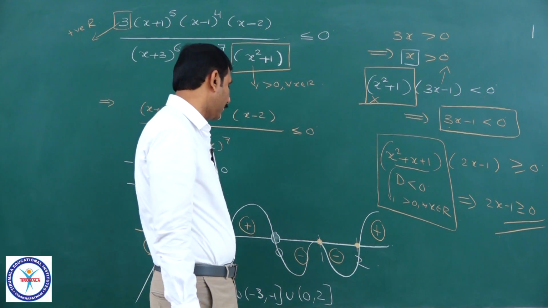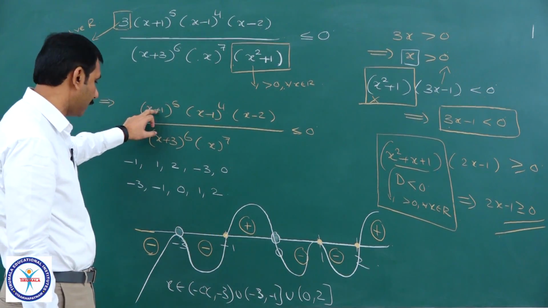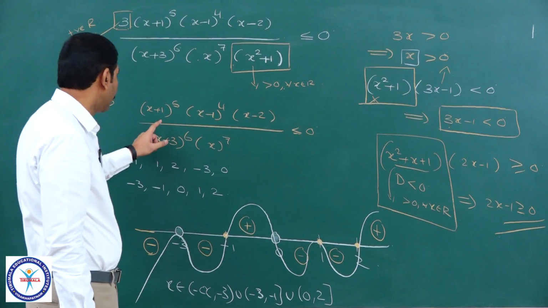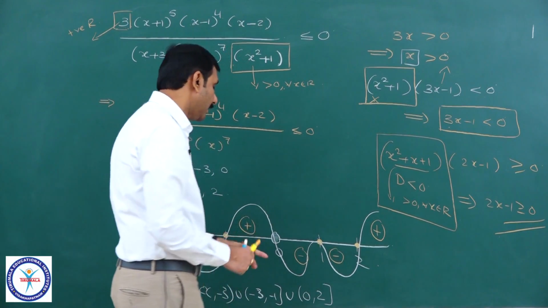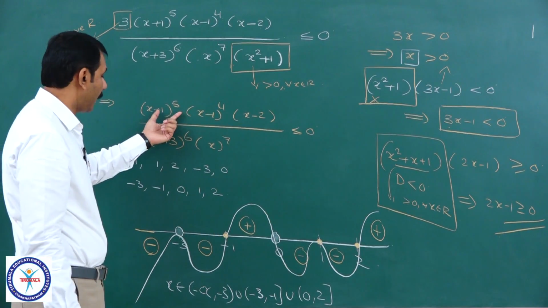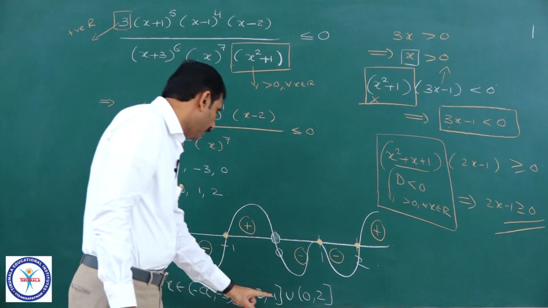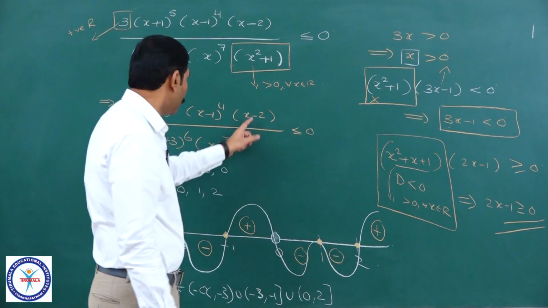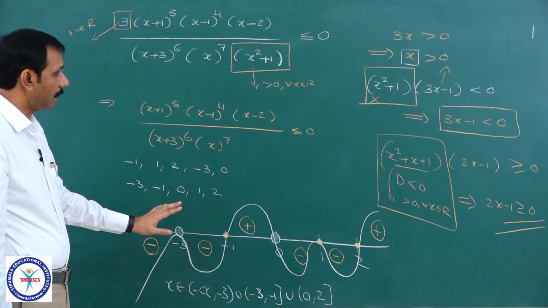This also is included between. Now, is there any value in the numerator which we have not taken? You see minus 1. Yes, it is there. 1. Is it there? No. That 1 should be taken, because less than or equal to 0, 1. Yes, 1 is also there. Now you check whether all the zeros of the numerator are included or not in the solution. Minus 1. Yes, minus 1 is included. 1. Yes, in this interval 0 to 1 is there, 2 already included and the remaining intervals we have collected. Therefore, it is the final solution set of this one.